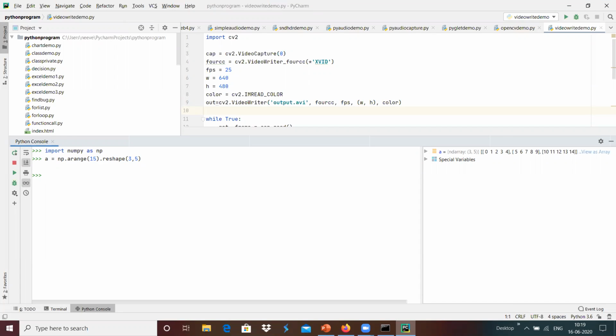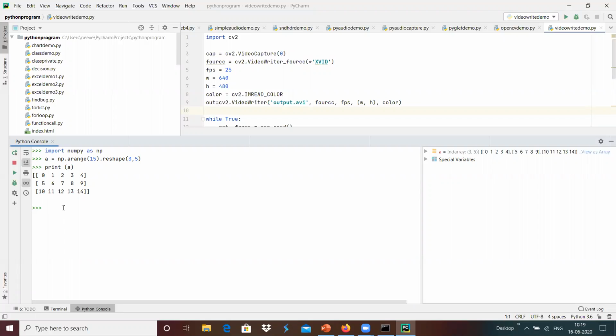Whenever we do this, we wanted to arrange 0 to 14 in the array shape of 3 cross 5. Whenever we do print of a, we get the values 0 to 14, that is 15 values, in the reshape of 3 cross 5, that is 3 rows and 5 columns, created as a two-dimensional array over here.